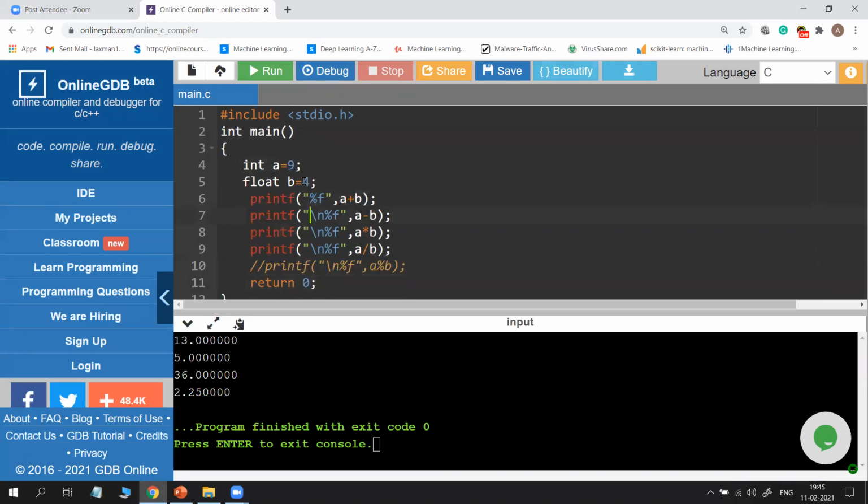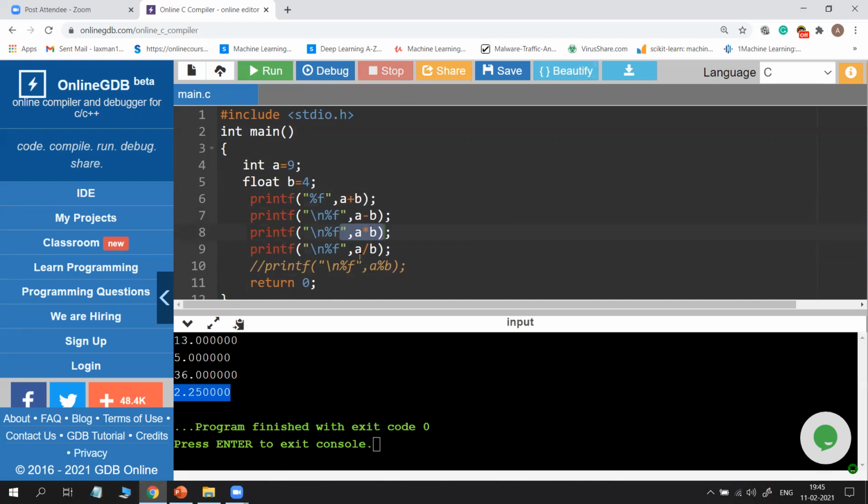So 9 plus 4, but b is a float. I declared one value as 4 with a float value, so that's why it displayed 13.0. Similarly, the second one is 9 minus 4, 5.0. And the third one, 9 into 4, 36.0. But you see the last value, you get the correct value, 9 by 4, 2.25.